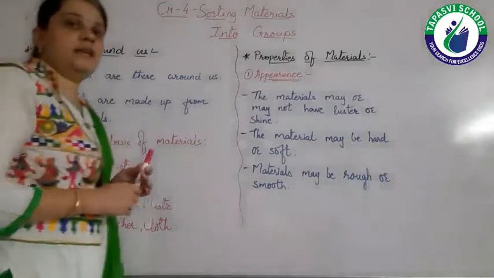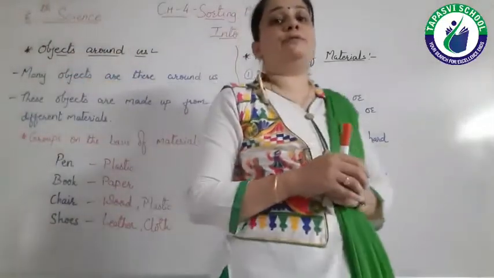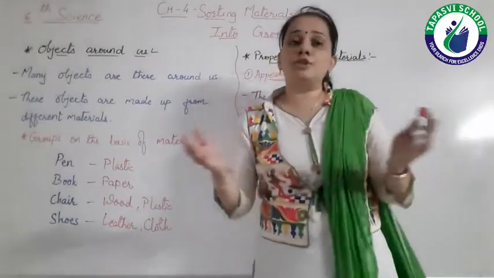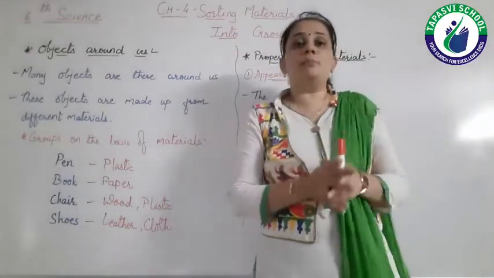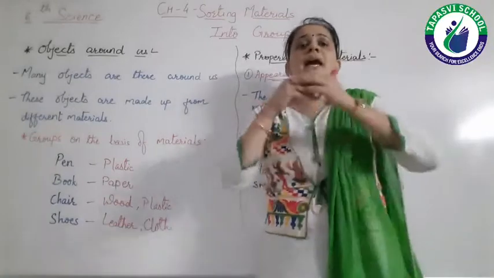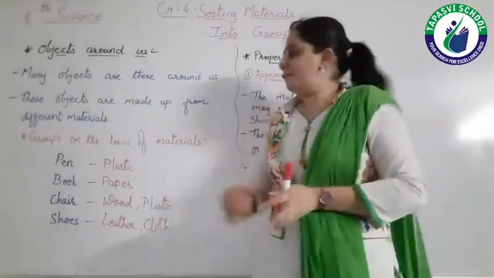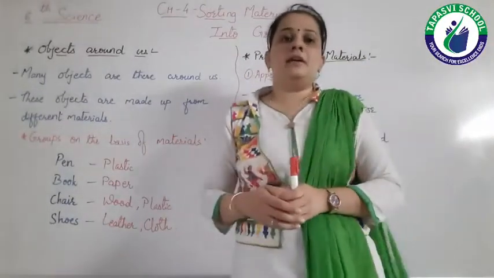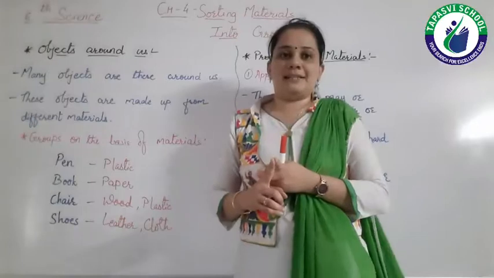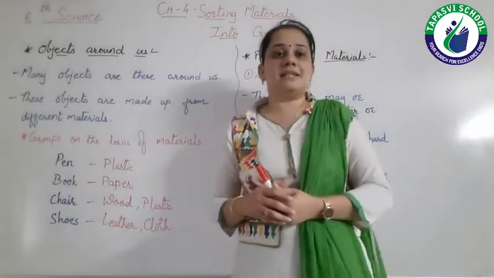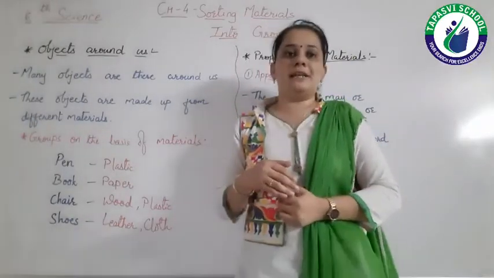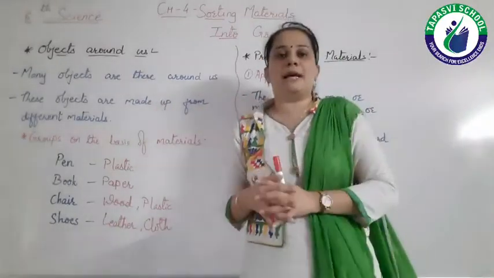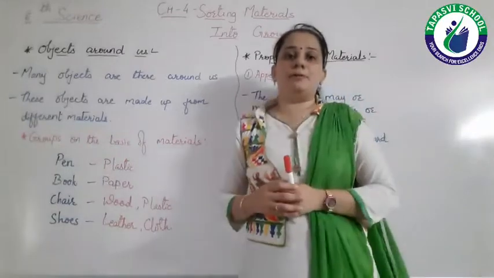Right? So here we have different objects which are made up from different materials. Right? So we have also some objects or we have some material from which many objects are made. Say for example plastic. So we can say that the box is made up of plastic, the marker is made up of plastic, pen is made up of plastic, the bucket and tumbler is made up of plastic, our toys are made up of plastic, even chair is made up of plastic.